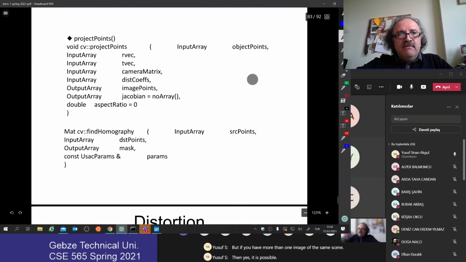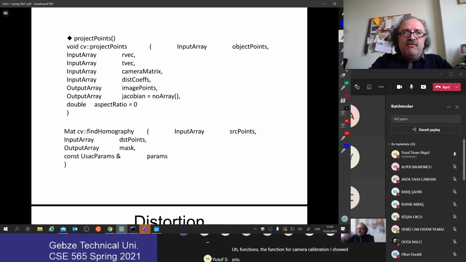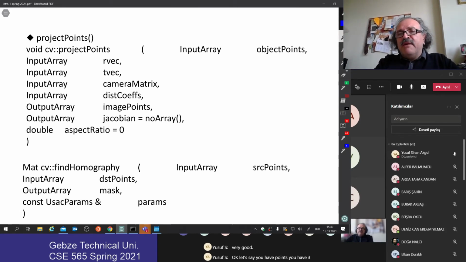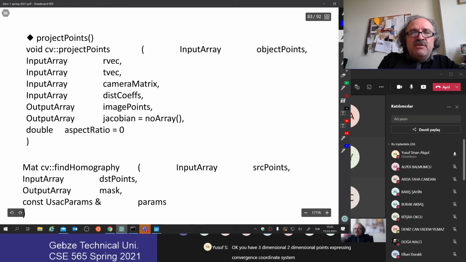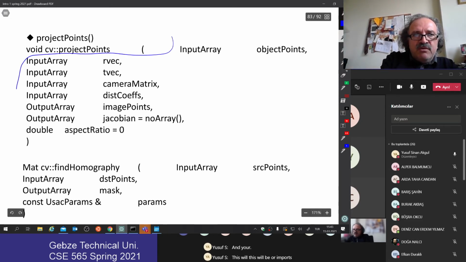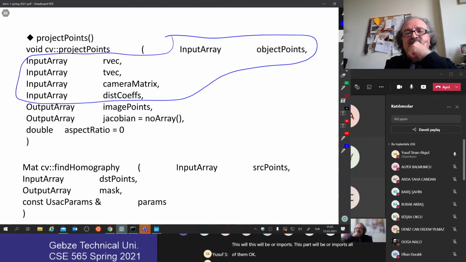Let me continue. OpenCV has lots of nice functions. The function for camera calibration I showed you. Another nice function of OpenCV is project points. It's very good. Let's say you have two-dimensional points expressed in homogeneous coordinate system, and you give your rotation vector, translation vector, camera matrix, distortion coefficient. We are going to talk about it. This part will be your inputs, all of them. If you give them to your project points function,